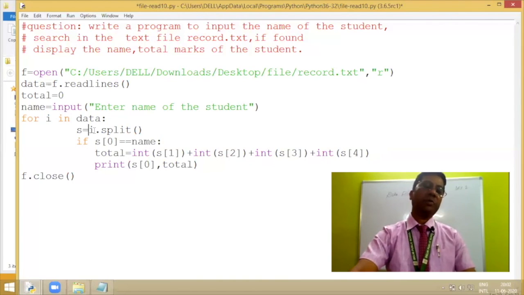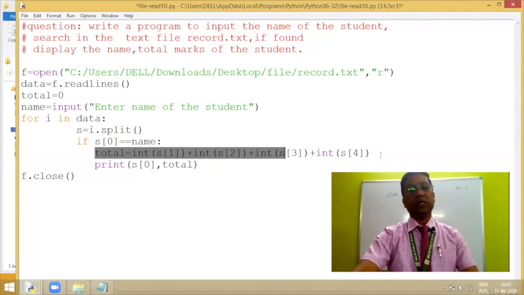So again it will be split and it will be stored in the variable s. So out of that, s of 0 is the first value. That means s of 0 is storing the name of the student and I'm matching it with the inputted value. If it is matched, then I'm calculating the total and displaying the total along with the name.